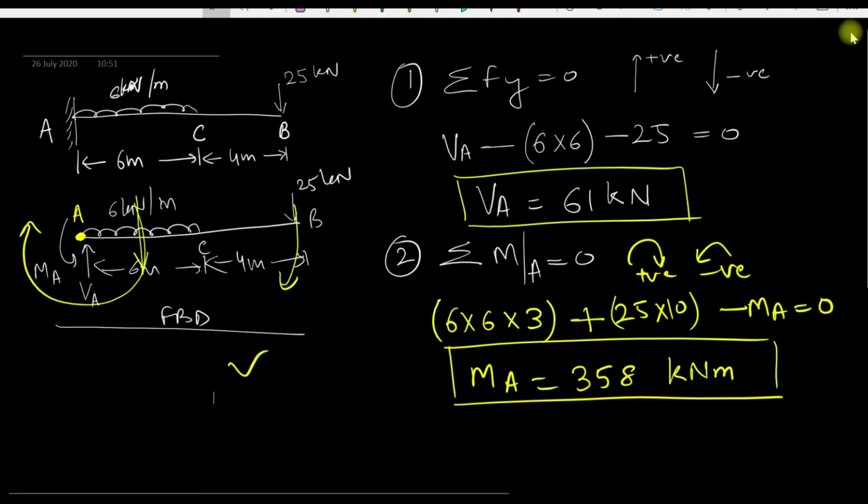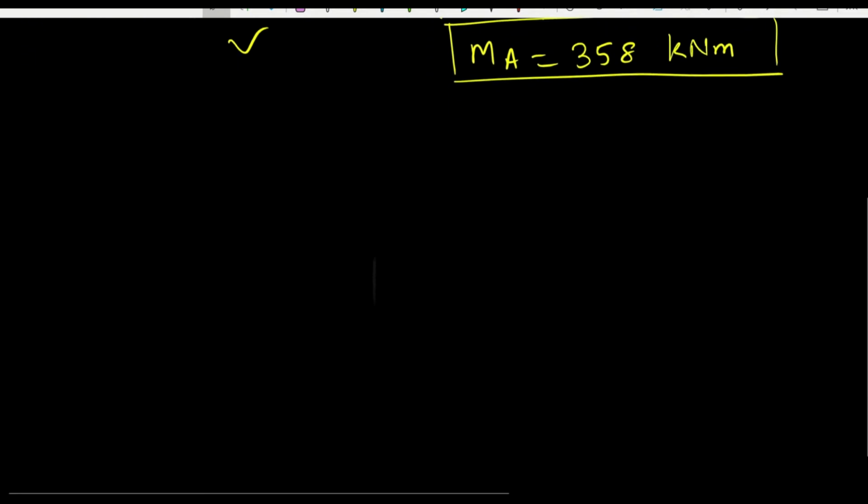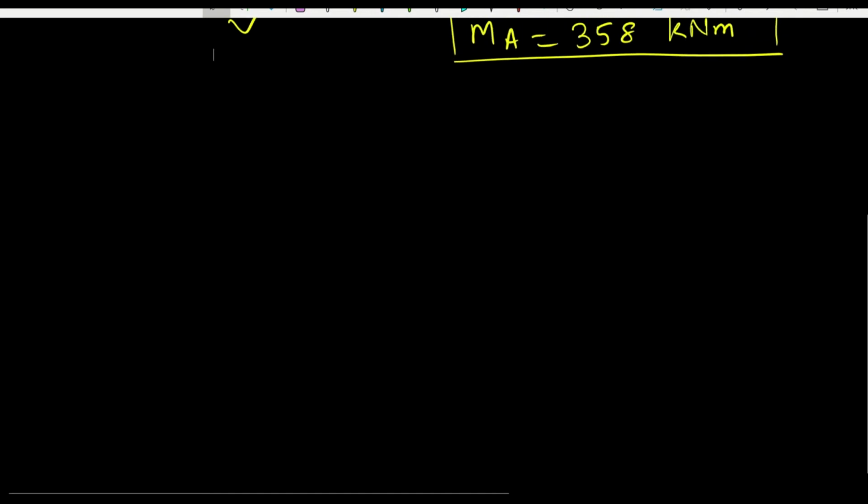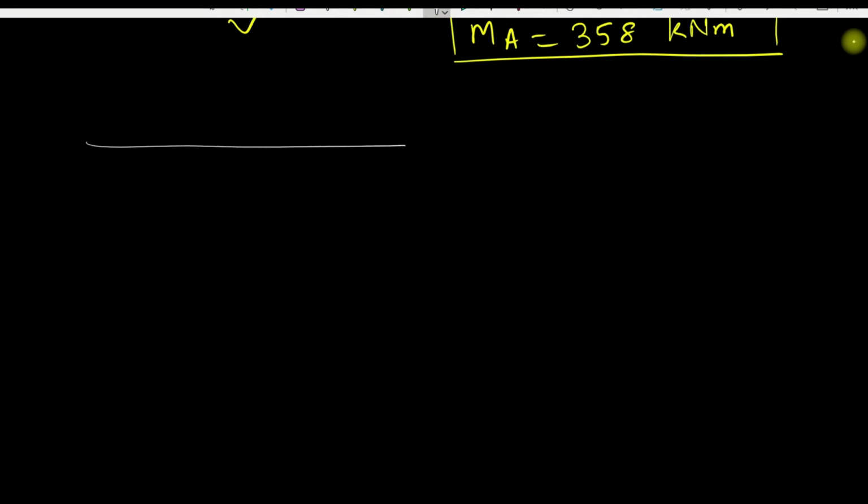This one. Let us take one more example. Now we are going to take a case with inclined loads. So a horizontal reaction will come into the picture. So this is the case of a simply supported beam. A simply supported beam is given. One end is hinged, other end is roller, and inclined loads are acting on it.